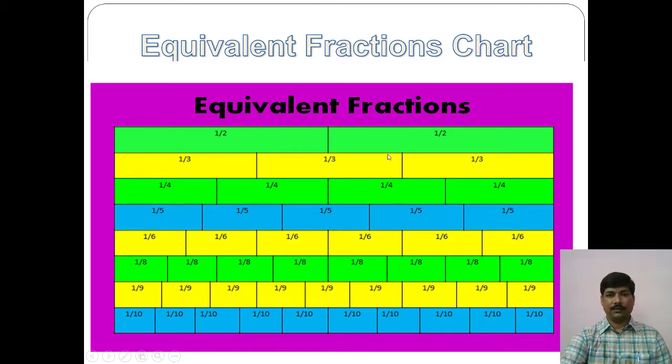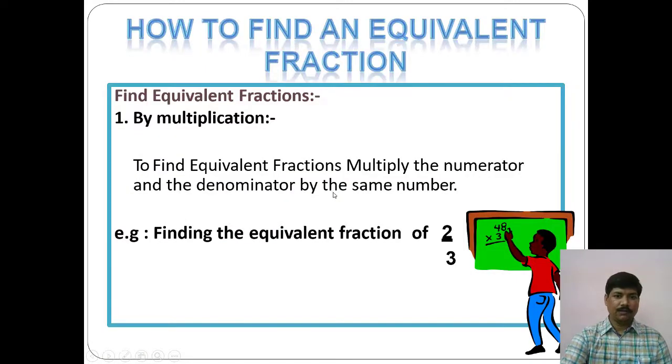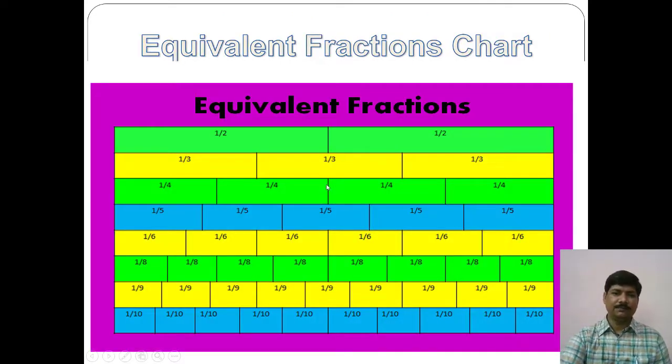How can we find equivalent fractions from this chart? If we take this part divided by this line, all the other lines which coincide, which are in the way of this line, there will be this one line, this one line, this one line and this one line. So this part from here to the start is 1 by 2.